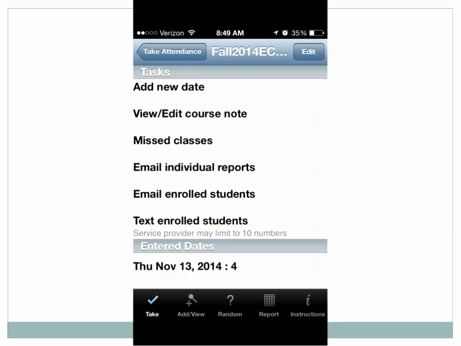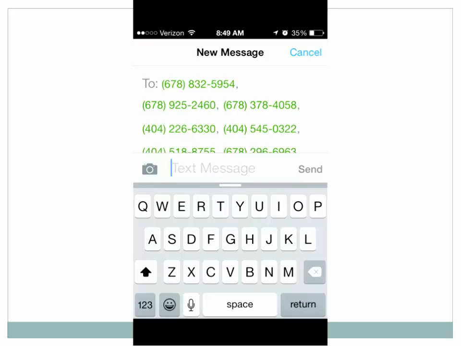So after you've taken roll and marked them absent, you come back into the app, and you can click on text or email with this screen. And if you click text, then it automatically goes into your SMS text message, on your phone. For this, I don't type anything specific because of FERPA, and I don't want to embarrass anybody. What I do in this text message is I point them to an email, and I say, please log on to your class and check your email. And then in the email, I will have a more specific or detailed message pertaining to a missed assignment. So a lot of students, as you know, they communicate through text more than any other